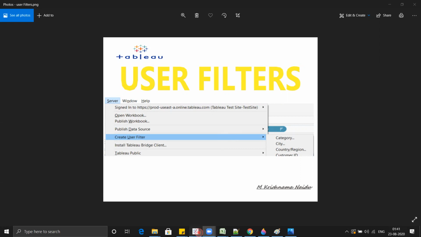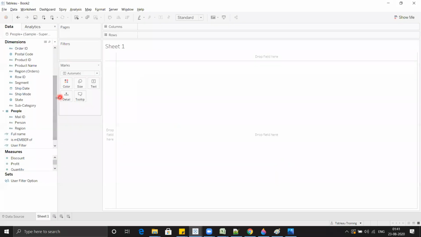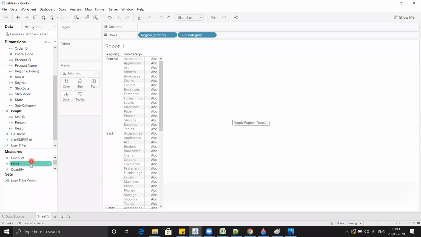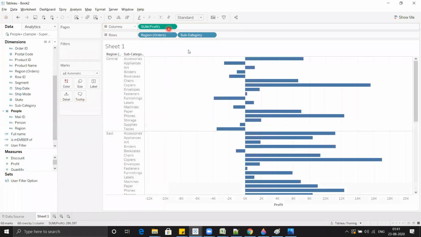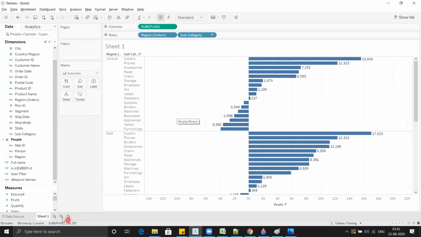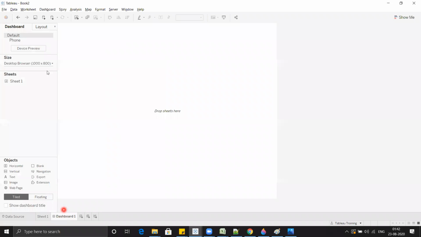Let me go to Tableau here. Just quickly, I'm going to create a graph using regions and subcategory, and I am using the profit. Here, I am giving labels. Now I am going to create a dashboard. Once I drag the sheet into my dashboard,